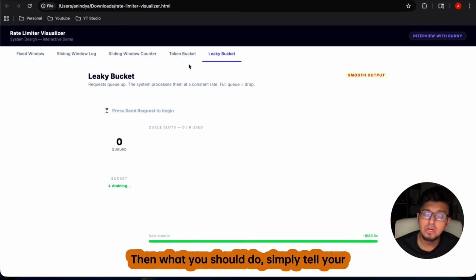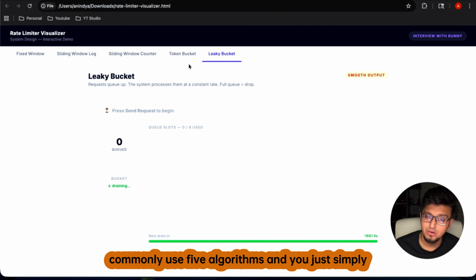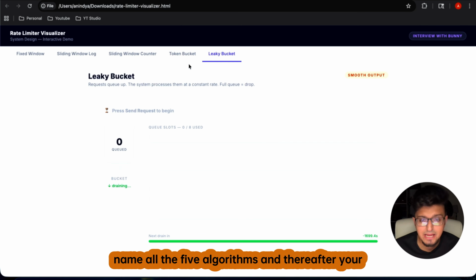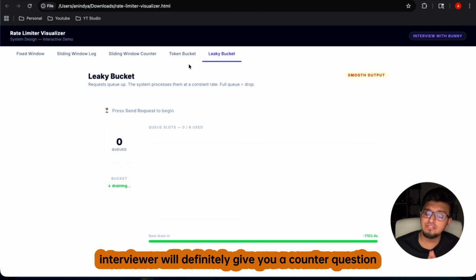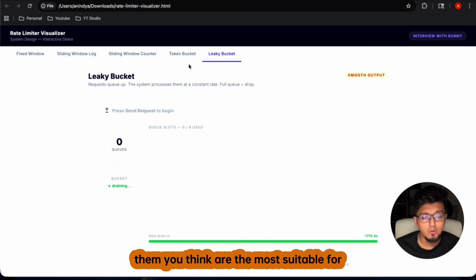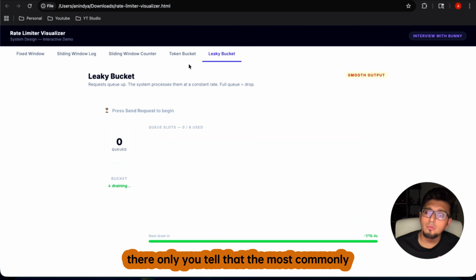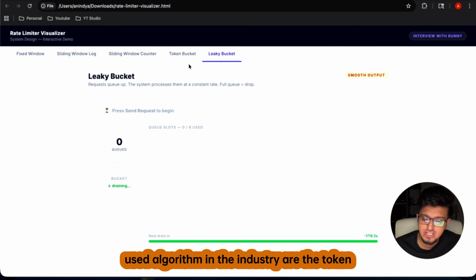Then what you should do, simply tell your interviewer that to implement the rate limiter we commonly use 5 algorithms, and you simply name all the 5 algorithms. Thereafter your interviewer will definitely give you a counter question, that is, among these 5 algorithms which of them do you think are the most suitable for the production level use case. And there you tell that the most commonly used algorithms in the industry are the token